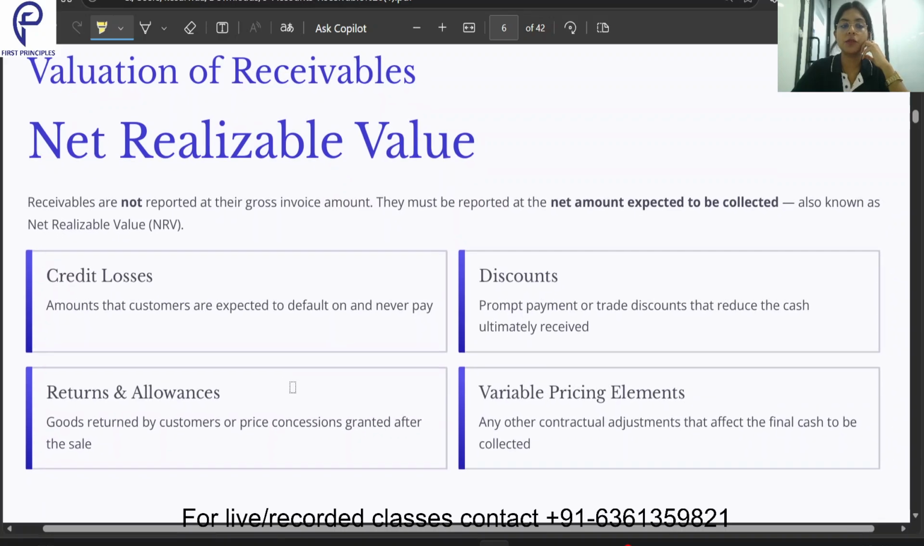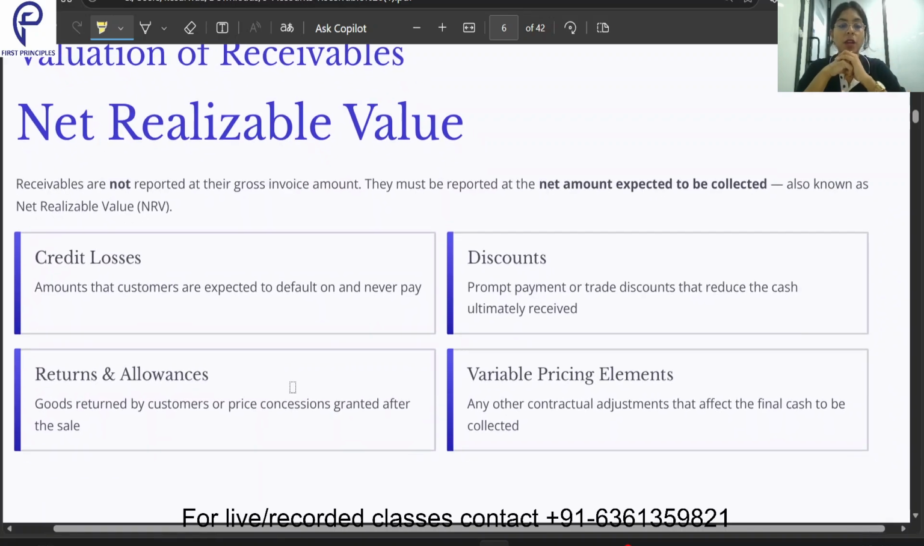Coming to the valuation of receivables, one is the net realizable value. Receivables are not reported at their gross invoice amount. They must be reported at the net amount expected to be collected, also known as NRV. So in terms of accounting, I'll give you a trick, maybe a cheat code,